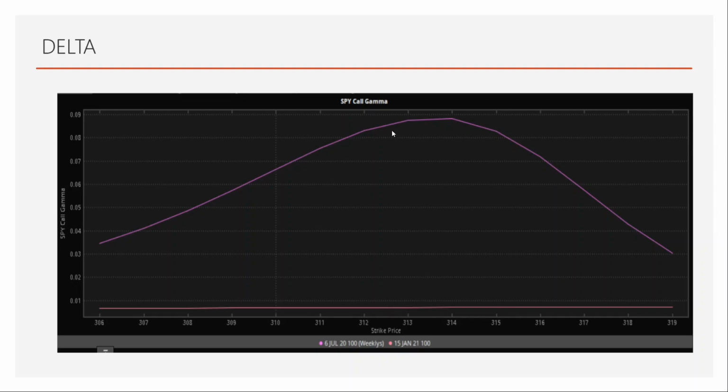So gamma's impact is more at the money, and at the extreme ends the impact of gamma is very less, right? And gamma's impact will be more in the near term and lesser in the future, right? This is with regard to gamma. Sorry, excuse me, this is not delta, this is gamma. So in the next session I'll be covering theta, vega and rho, and the consolidated impact of all the Greeks on the options price.